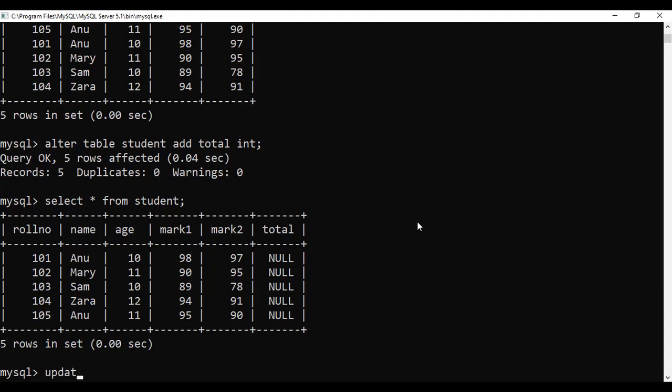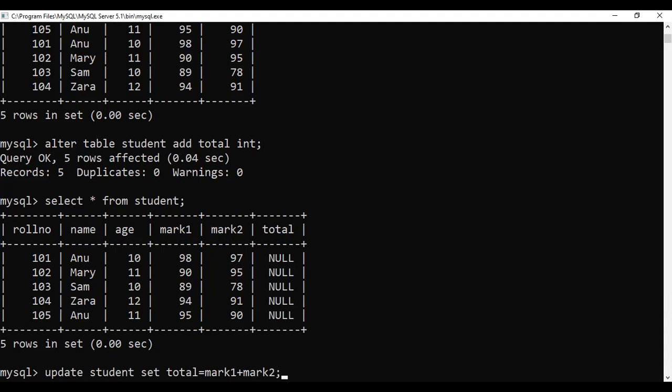So update student set, which is the column to be set, total. And what are the marks to come? Mark 1 plus mark 2. There's no other condition, so the where condition is not there.